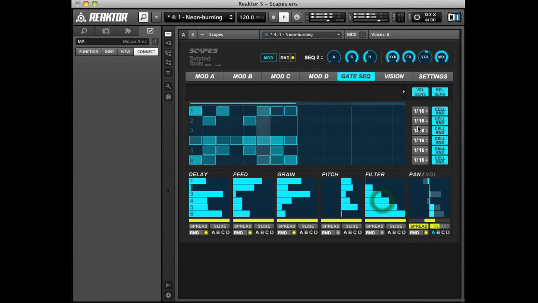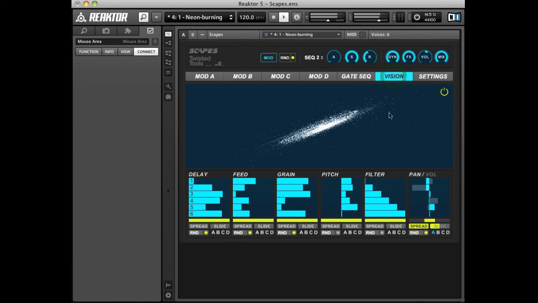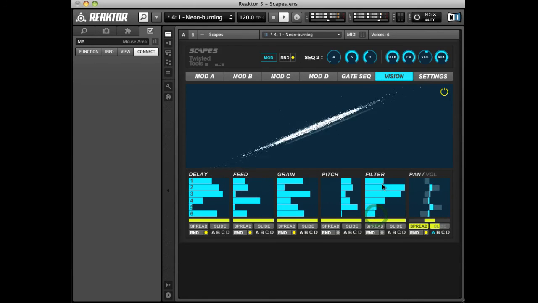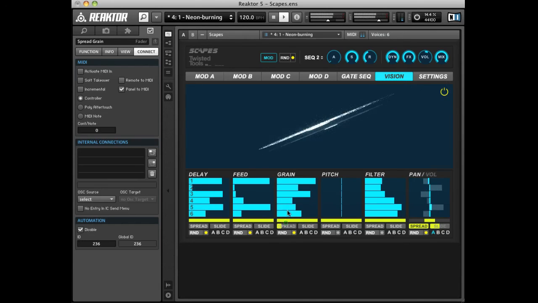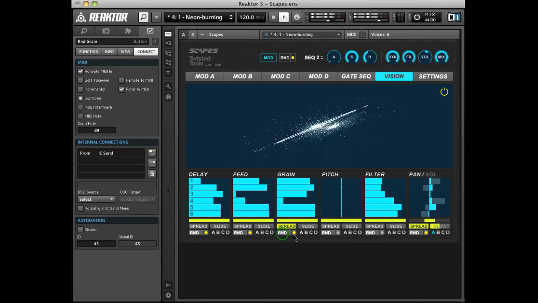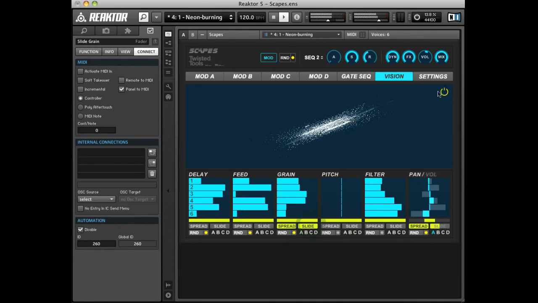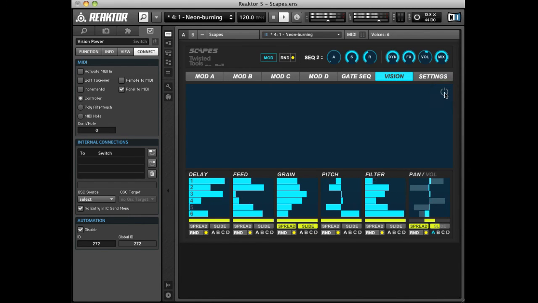Last but not least, click on the Vision tab. Here you see a visualizer which not only looks great, but is really useful in helping you to understand what you are hearing as you're sculpting a sound. If you decide that you don't like it, simply hit the CPU button to turn it off, but be aware that this will cause